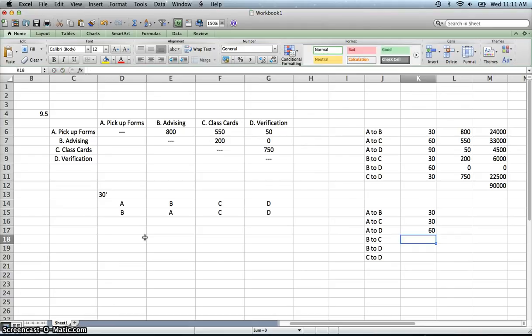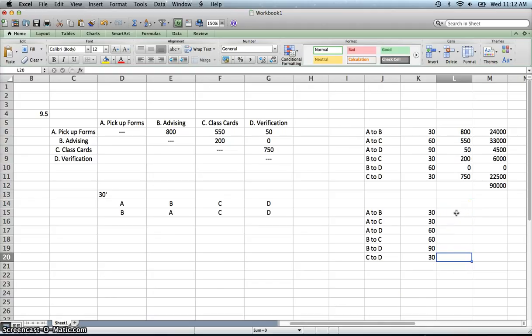B to C, we've spread those out. B to C is now going to be 60, and B to D is going to be the 90, and C to D will be the 30, so it stayed the same. So we've moved some things around, and so we've increased some distances, but hopefully now if we go back,